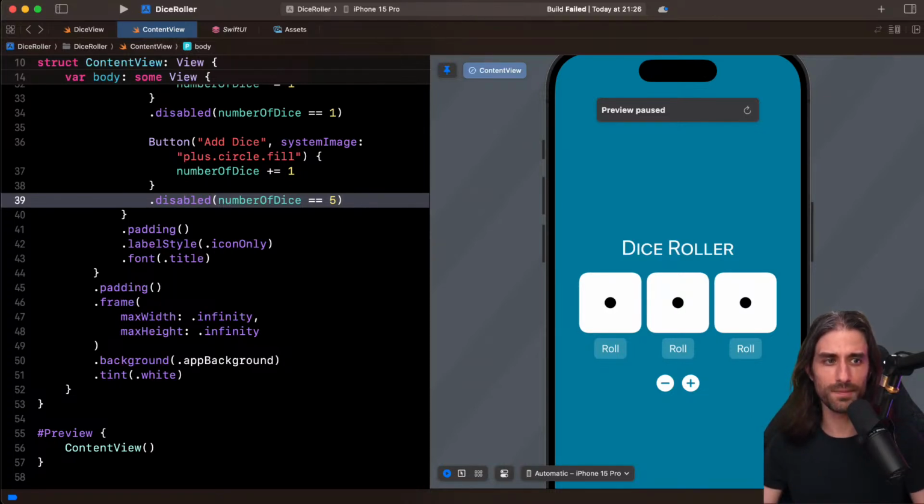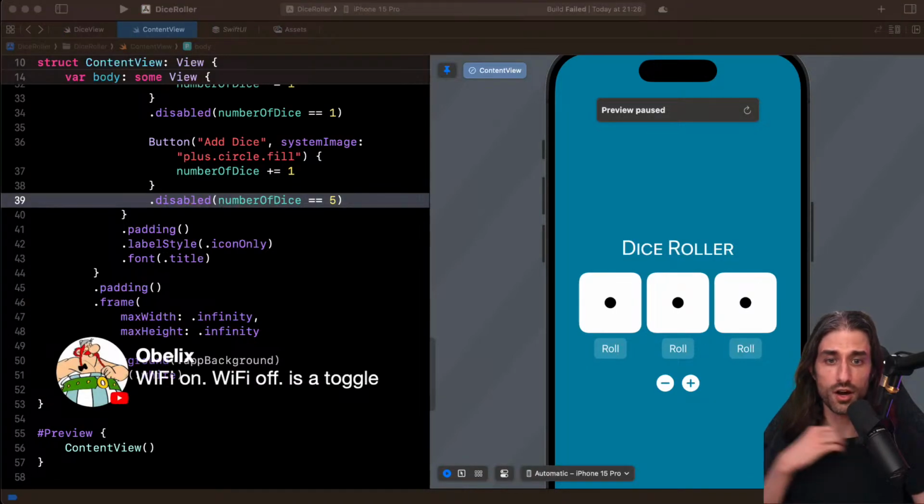So maybe they will mention it in the next chapter. Otherwise, I've covered bindings in my more advanced tutorial on SwiftUI, learning SwiftUI when you already know UIKit. So you can check this out after, and you will see how it's covered. And indeed, Wi-Fi on and off, plane mode on and off, that's a toggle.